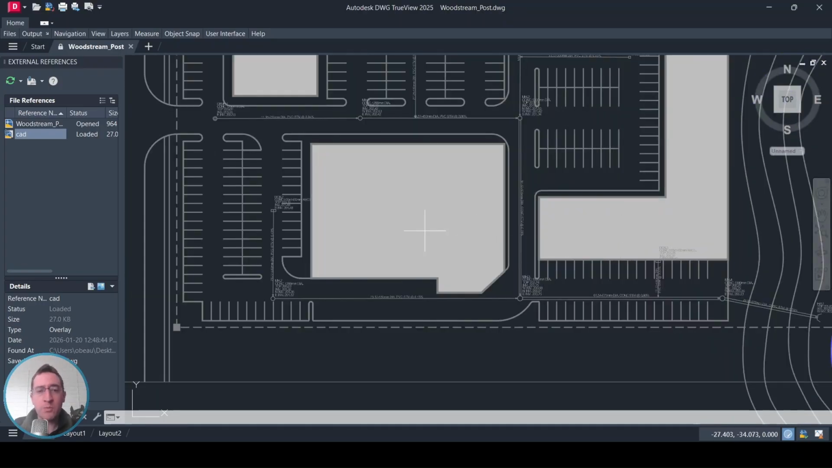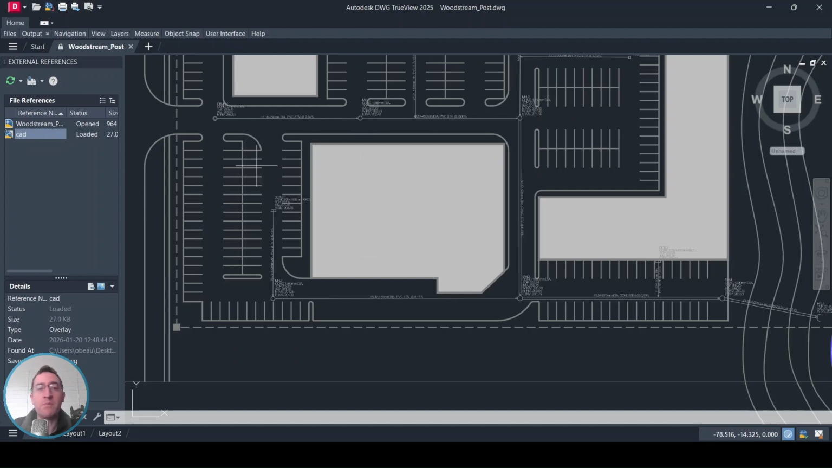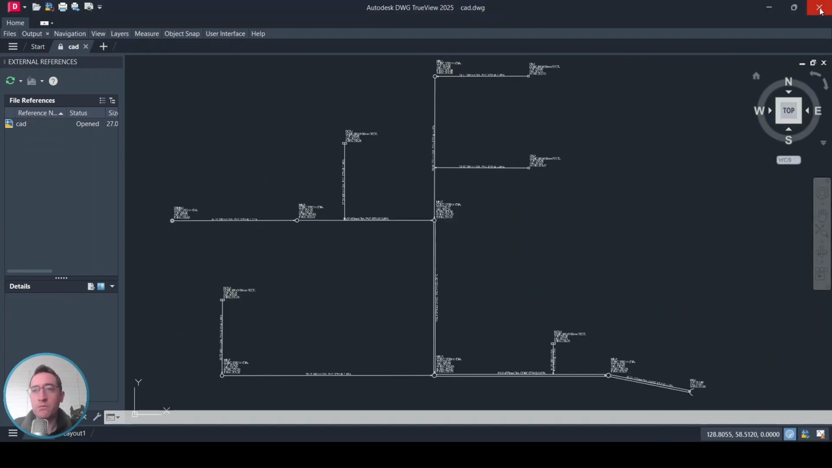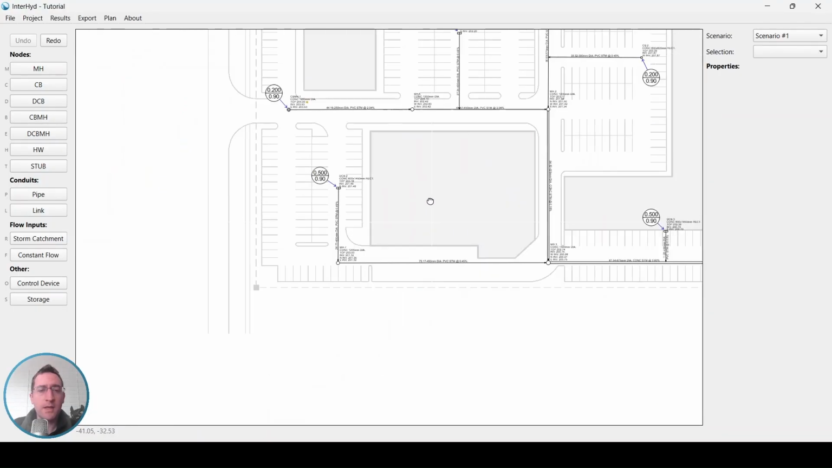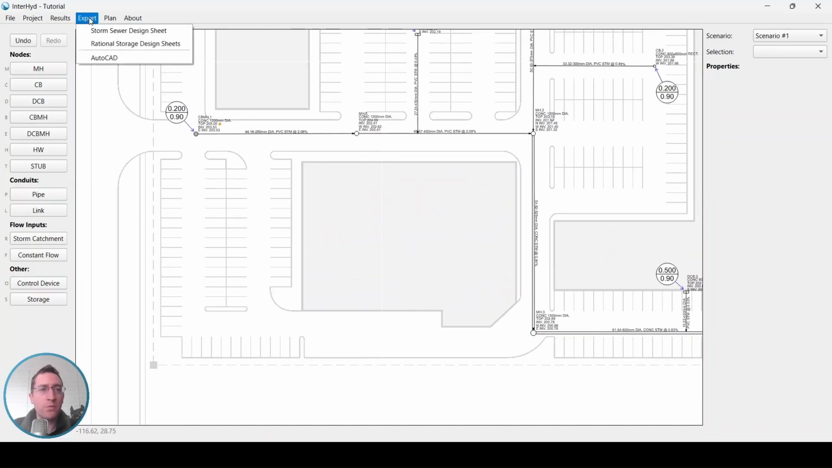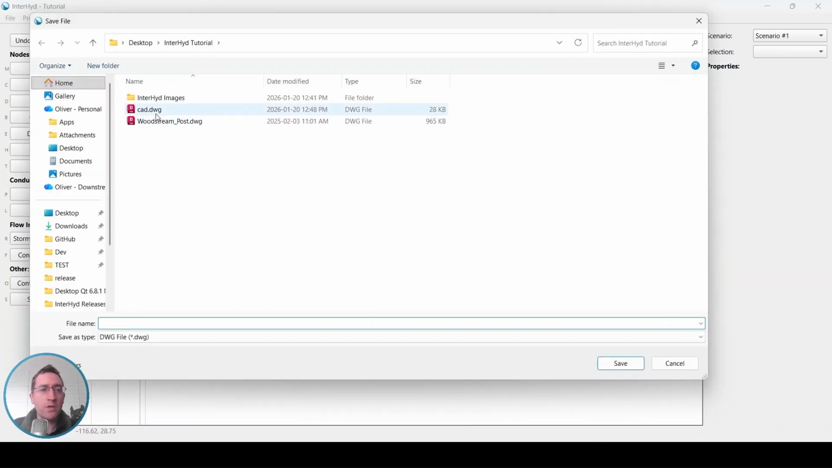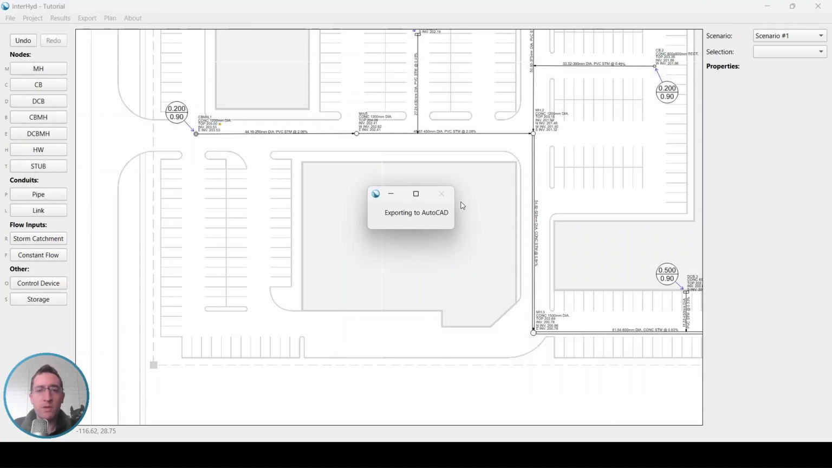Once everything is set up correctly though, you can now simply adjust your line work in InterHyd and just overwrite these DWG files to have it update in your CAD. So just to illustrate that, if we come back into InterHyd and let's say we're just going to delete this section over here, we simply go to Export. We can overwrite the CAD export file, and when it's done exporting,